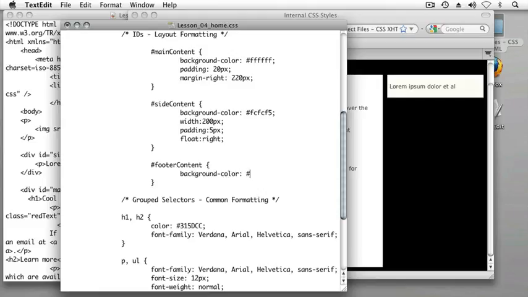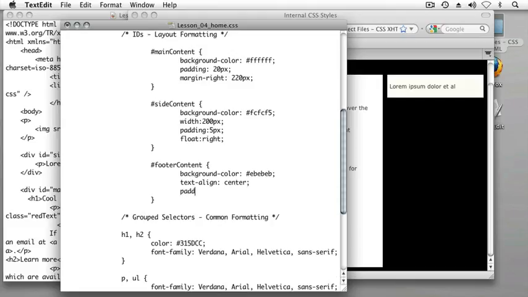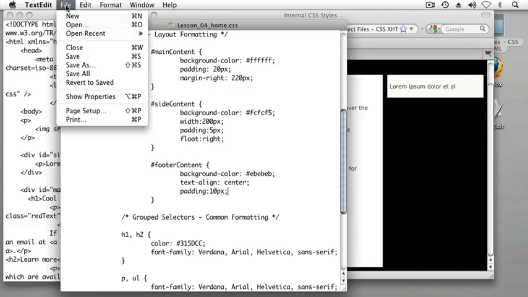And I'll set that to a shade of gray, which I looked up in Photoshop a little while back. And I'll assign text properties such that the text will be center justified by using the text align property with a center value. And I'll give a little bit of padding so that any content in my div is not flush up against the edges of the div. Now I'll save my CSS file,